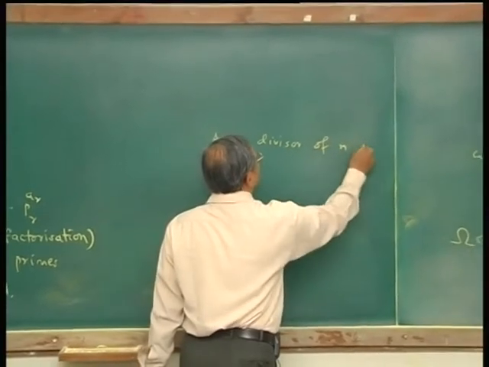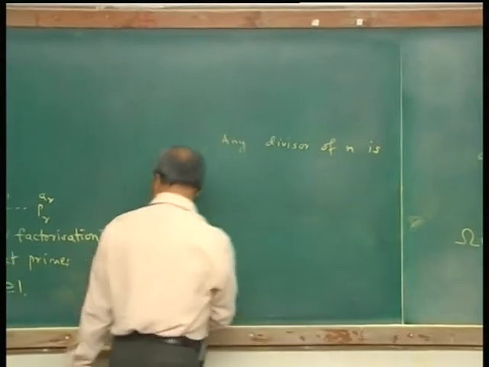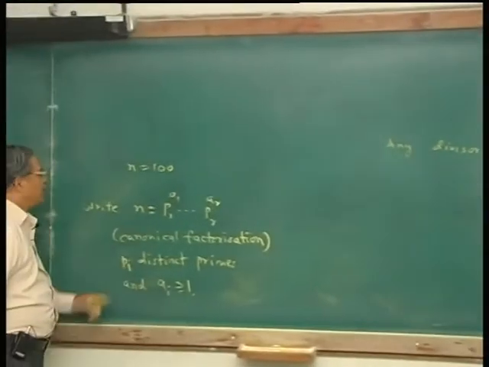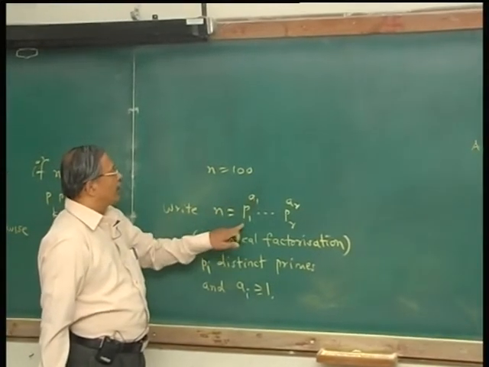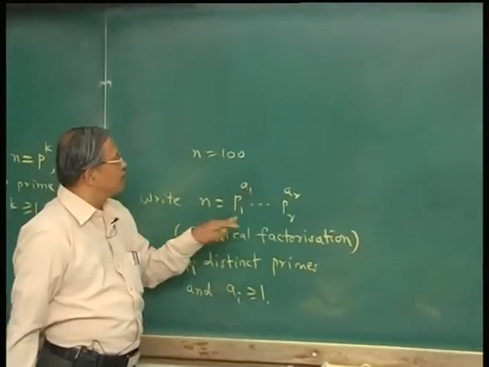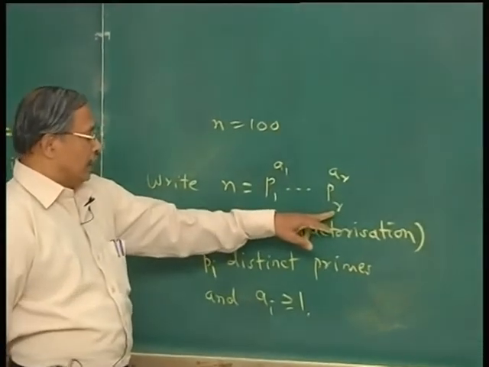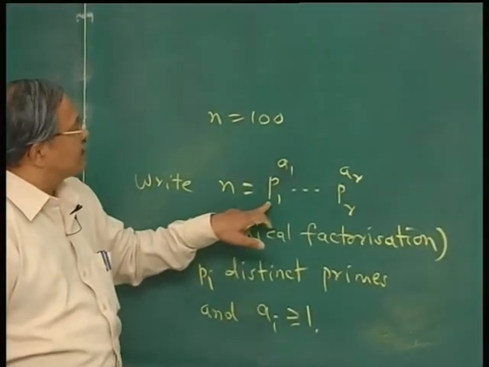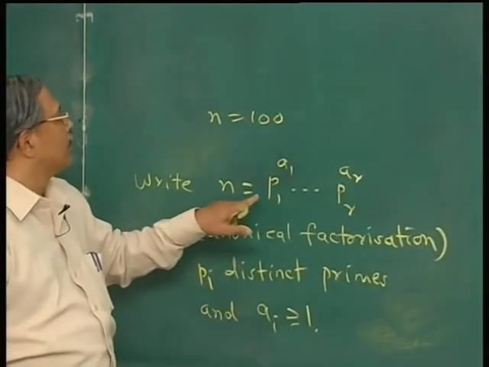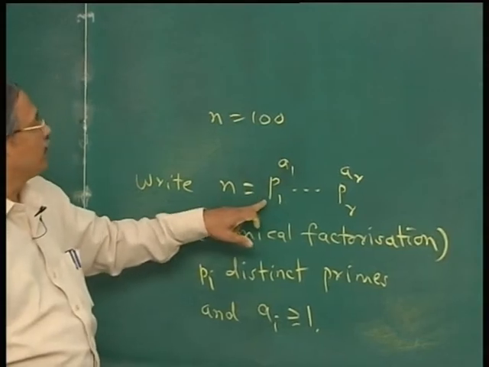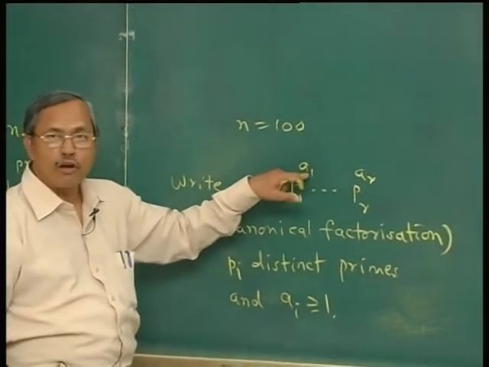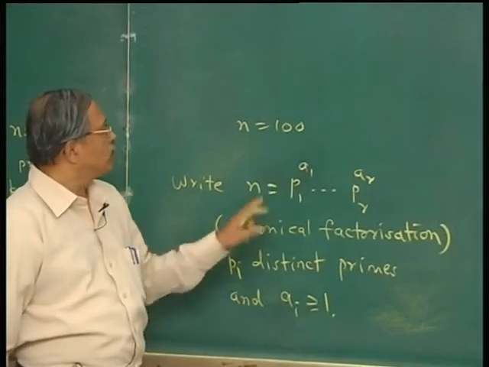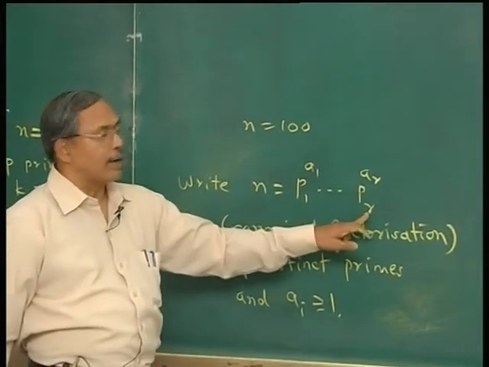So if you take this number n, a divisor may or may not contain these primes p1, p2, pr. If it has some prime, let us say p1, then the power of p1 which is appearing in that divisor can be at most a1, it cannot be more than that. Also the primes other than p1, p2, pr cannot occur